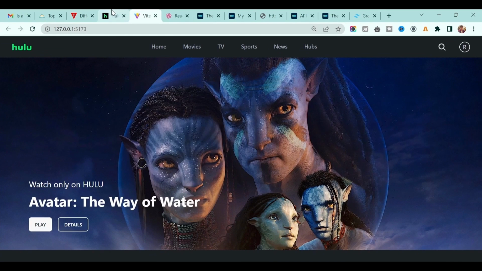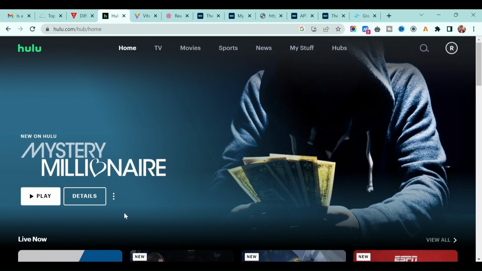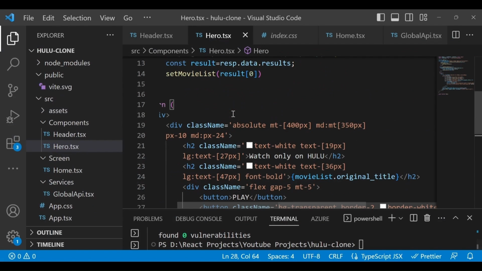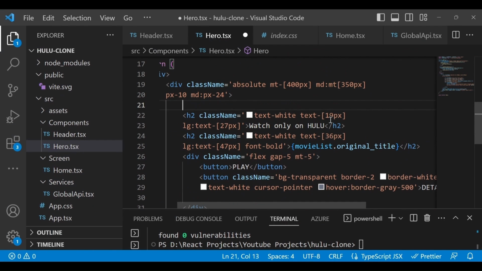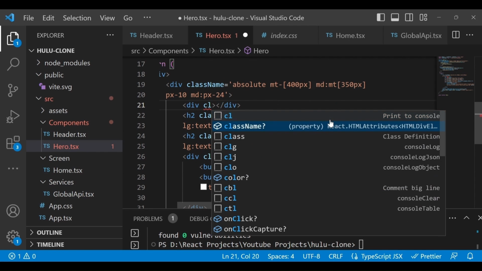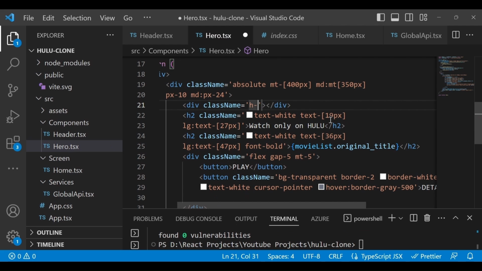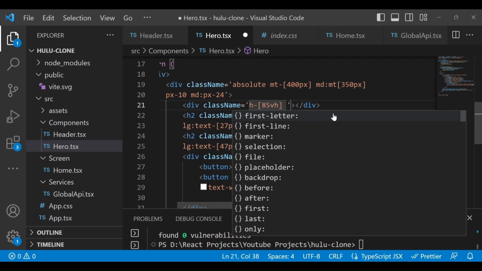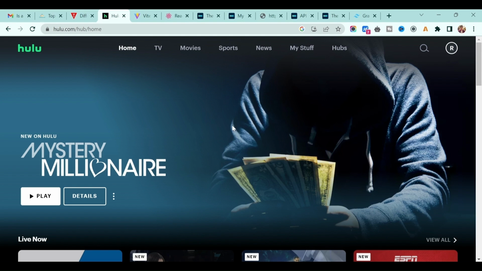Now next, if you go here, we have a gradient effect from the bottom, you see, right? So in order to add that, I will add one div here. This is a very simple way to add that one, and I will define the class name, and first I will give a height of 85 vertical height, similar to the image. Then in Tailwind CSS we have a gradient class.